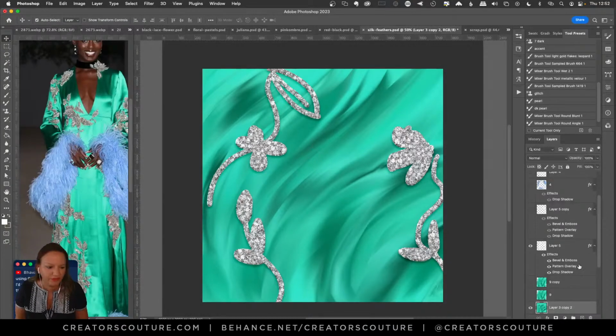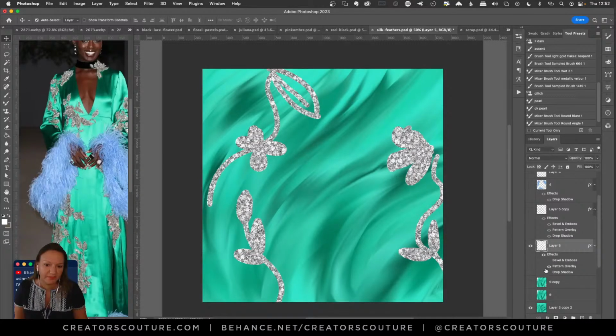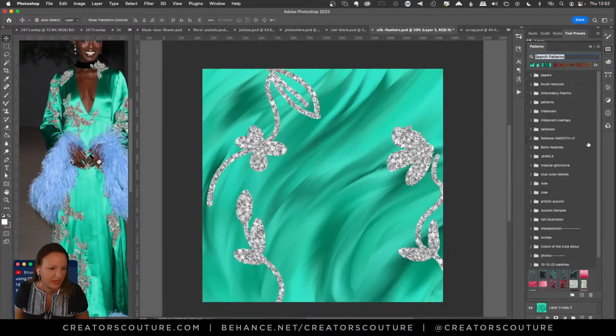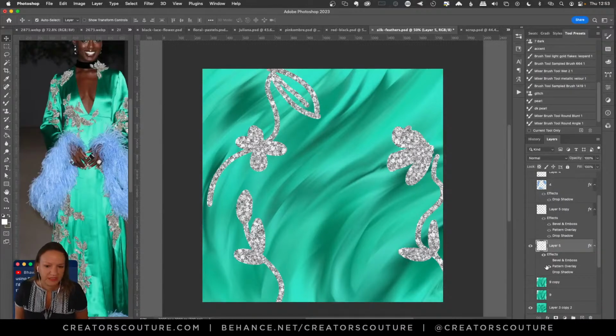So if you follow me for a while, you probably recognize the layer styles. I drew these very simple shapes with a regular brush, and then I applied a style from the Creative Couture collection. It's one of the jeweled or pave styles. Let's add it to my panel. This is Jeweled 5, but it has a little dimension on that side.